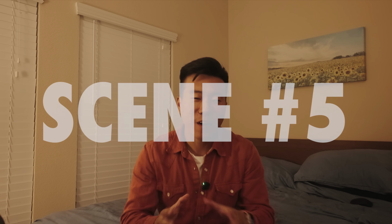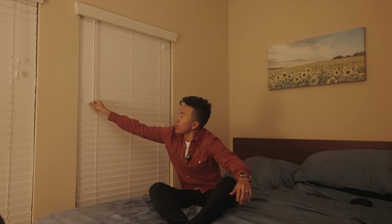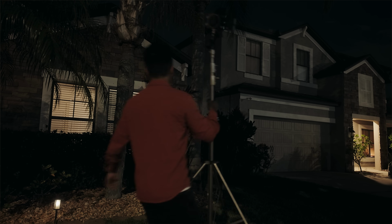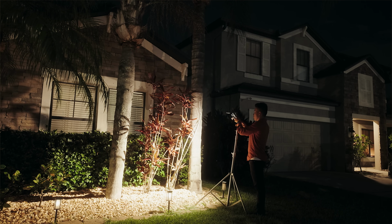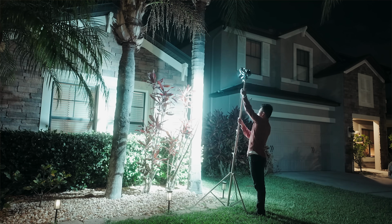And for the 5th and final scene, we're back in the guest room again, and I'm gonna be back over here by the windows, and we're gonna have moonlight coming through the windows. At least that's what the motivation is gonna be. We're gonna put the X100 RGB outside. We're probably gonna put it up about 8 to 10 feet, really as high as my light stand will let me. Angle the beam diagonally down towards the window using the Fresnel attachment and the barn door attachment so we can really spotlight this window,